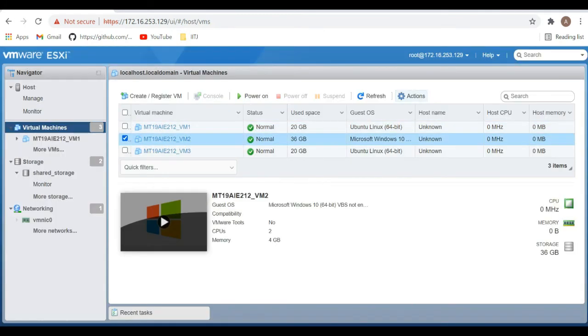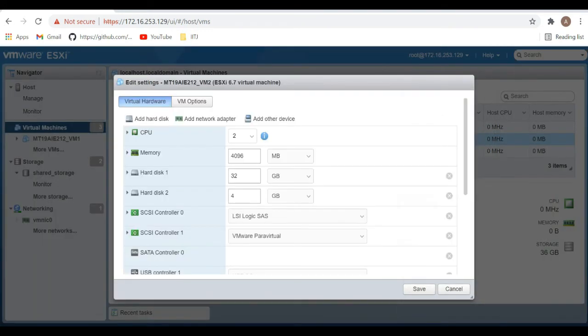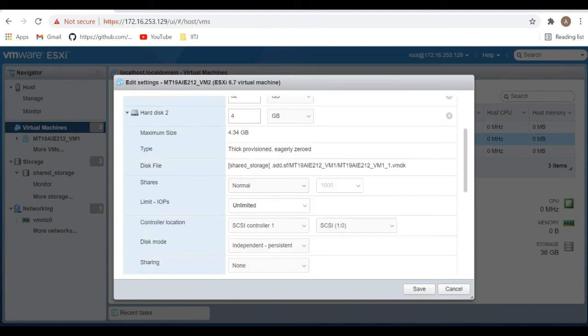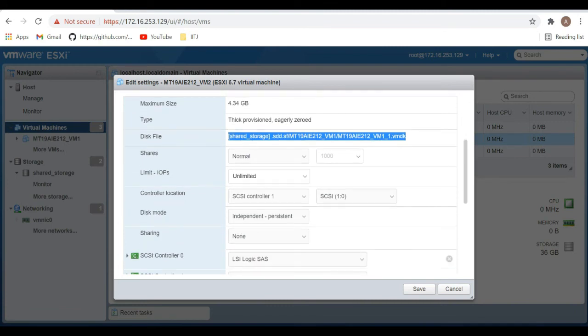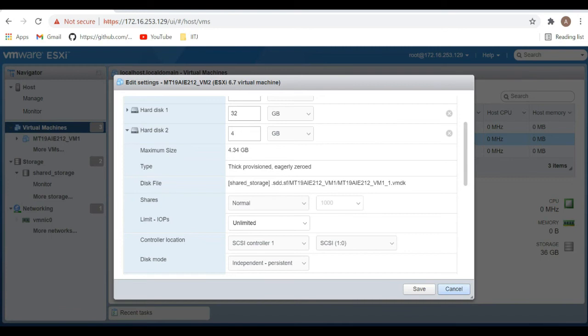Let's go to the second VM. Now, considering the second VM, hard disk 2 is the same hard disk that has been imported over here. The same hard disk space has been imported, and the same has been provisioned over this VM as well. So this is the shared disk. There are two hard disks: one which has been created, and the other which has been shared across the three VMs. So the 4 GB we have shared, we have shared it across VM2 as well.